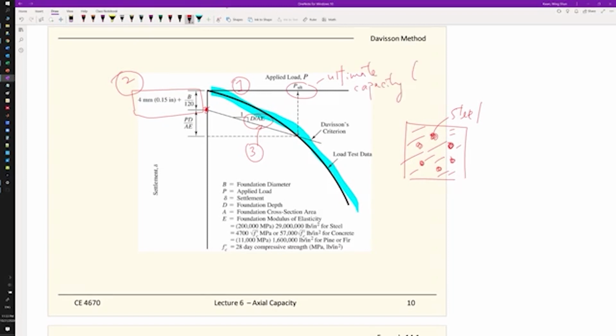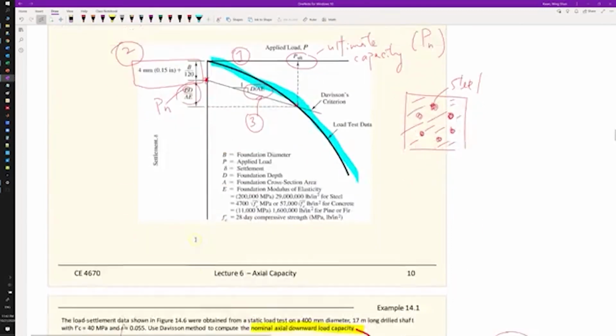The other way is like this point here will be equal to the point times the slope, so you will get back this point. So this is the piece you can use for your ASD method, the allowable stress design method. So this is the Davidson method, which is quite handy, and that's maybe something you will work on as an entry-level engineer. When the pile driving data come to your desk, then your task maybe will be to come up with the ultimate or the nominal loading capacity for foundation design. So that's why